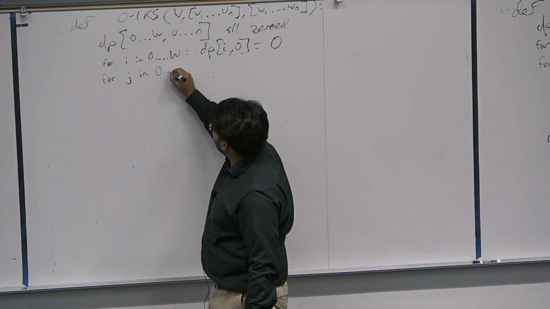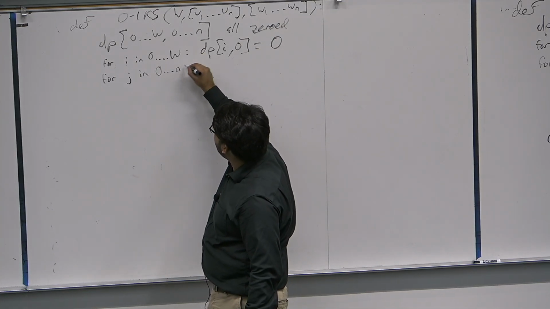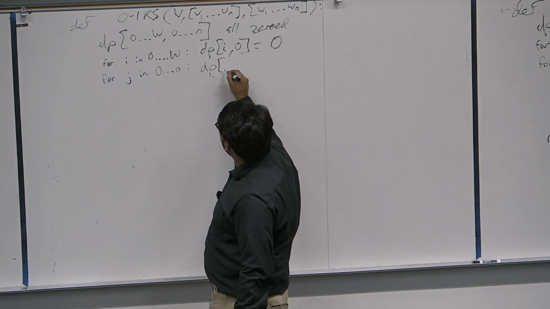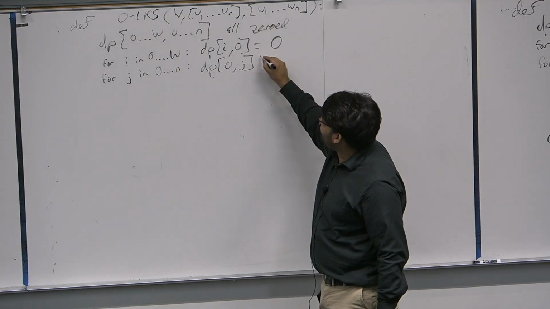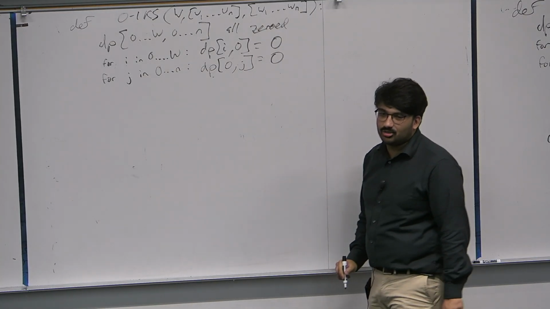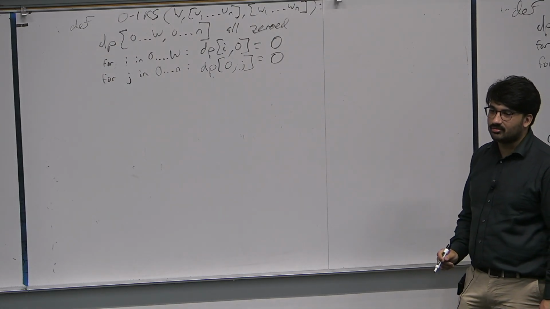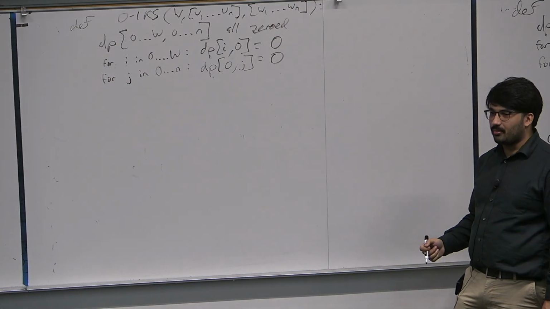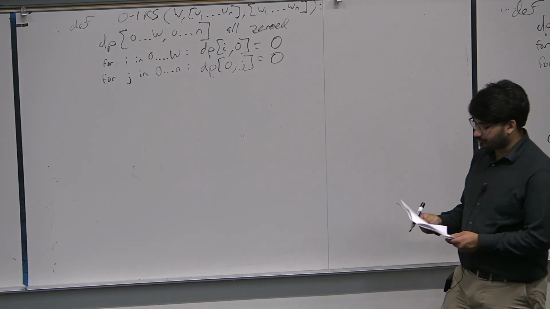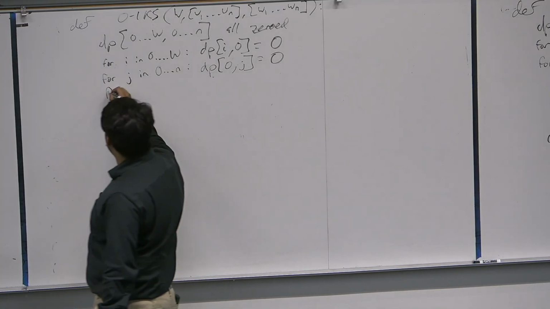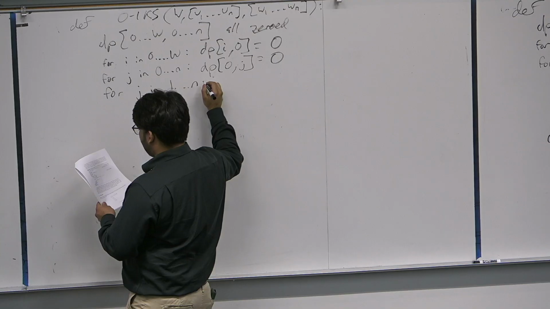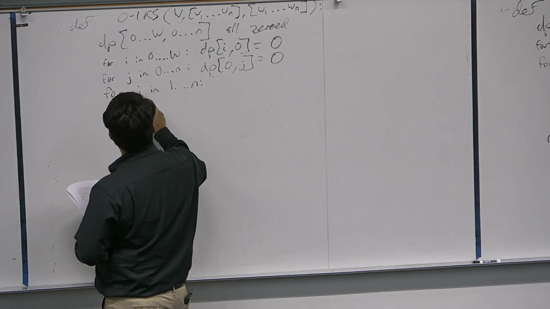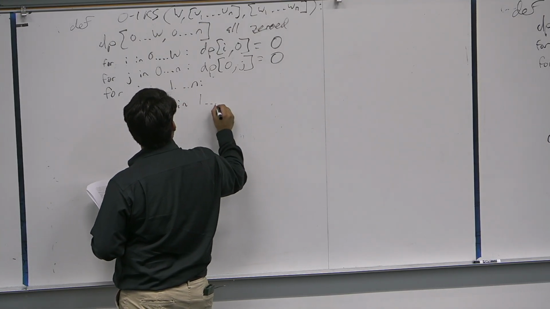So let's suppose we're considering items 0 through n, and we have 0 capacity, right? We cannot carry anything. If we can't carry anything, we can't choose to steal anything. Assume item weights are positive. So of course, the max we can steal is 0 as well. So now we just loop over the array and fill it in. For j in 1 to n, for I in 1 to w,